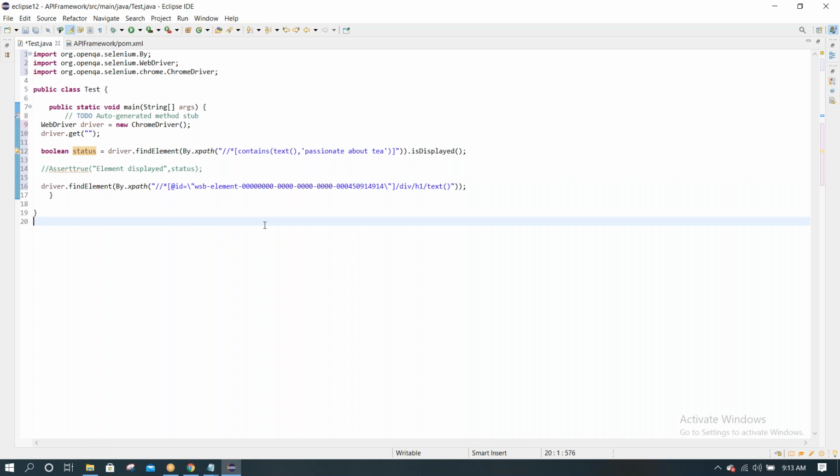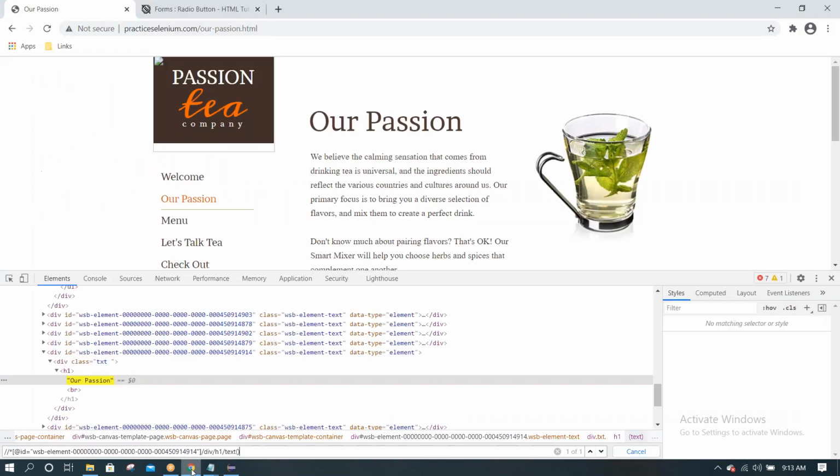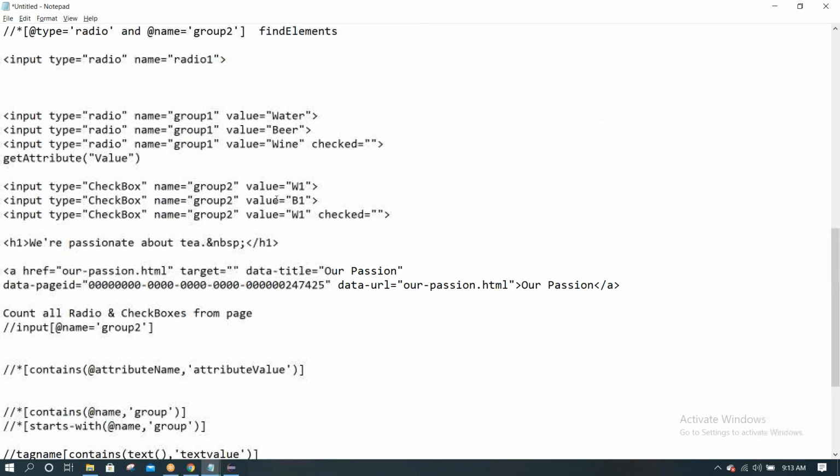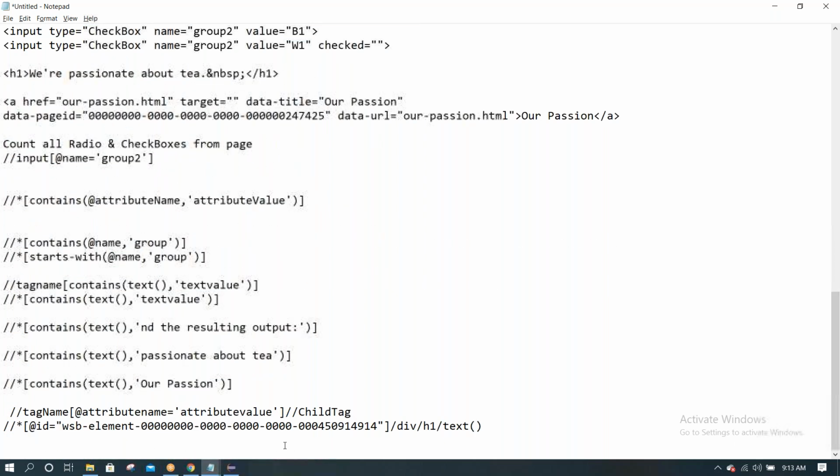But there is another condition, you want to validate the text, whether it displayed the same text or not. At this time, this is a text, this doesn't have any attribute.